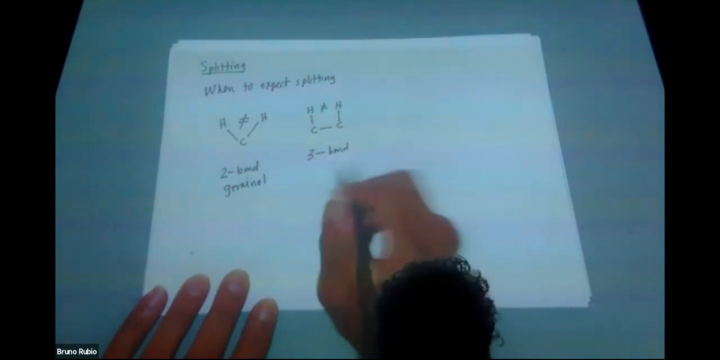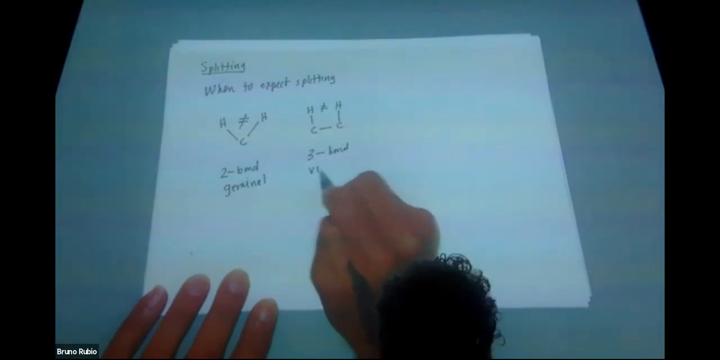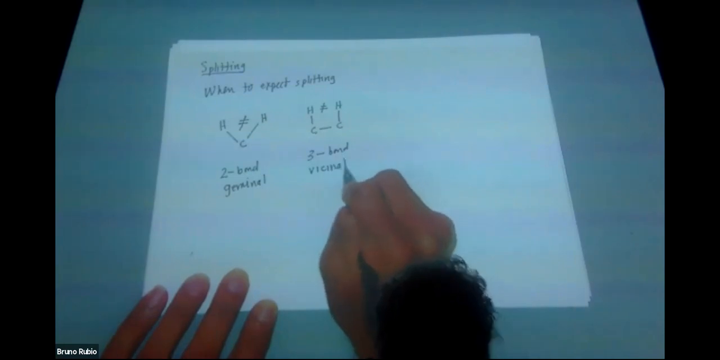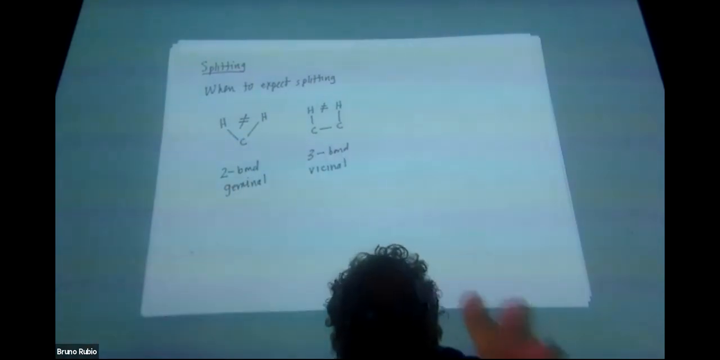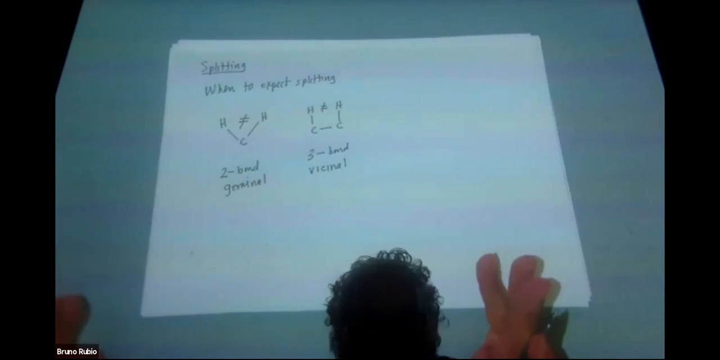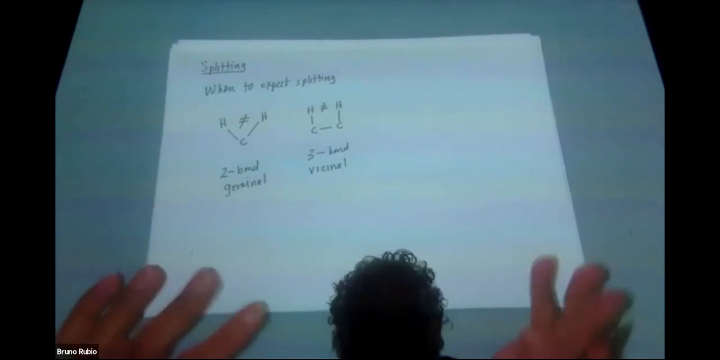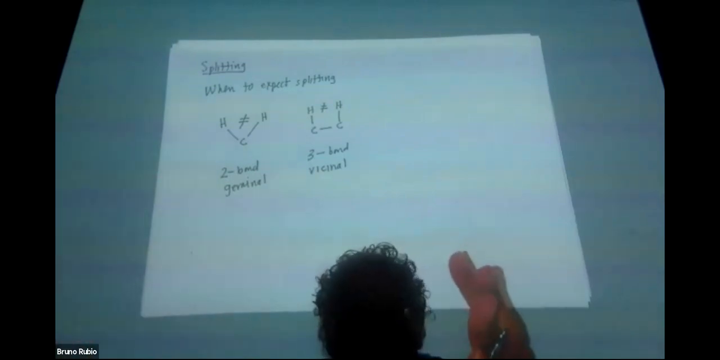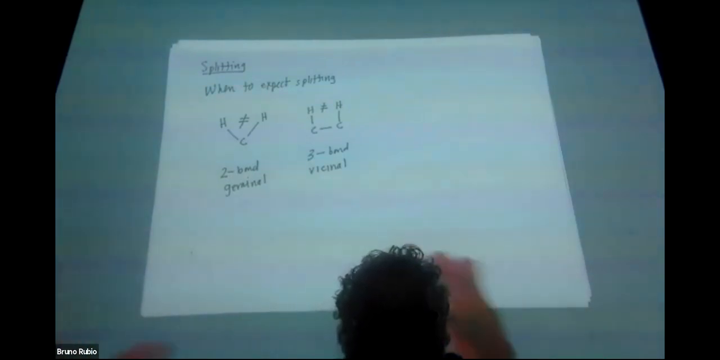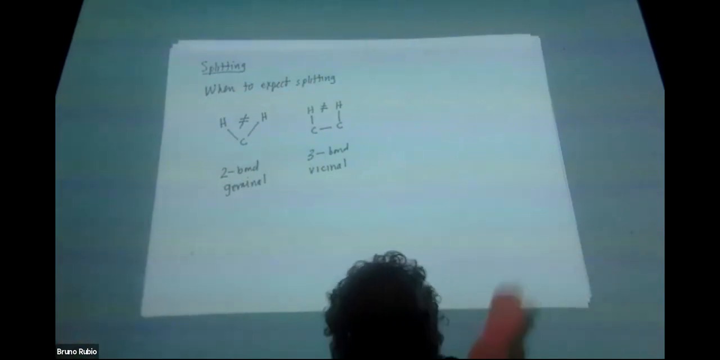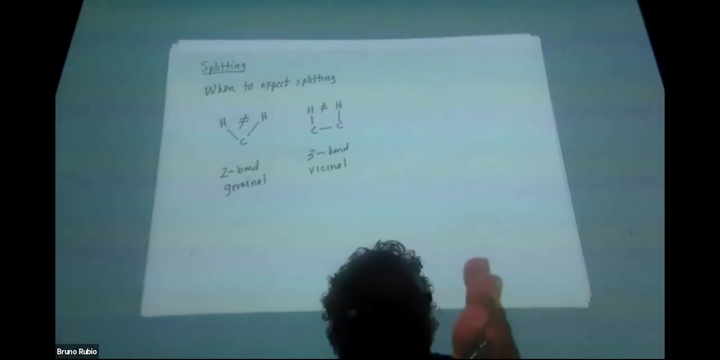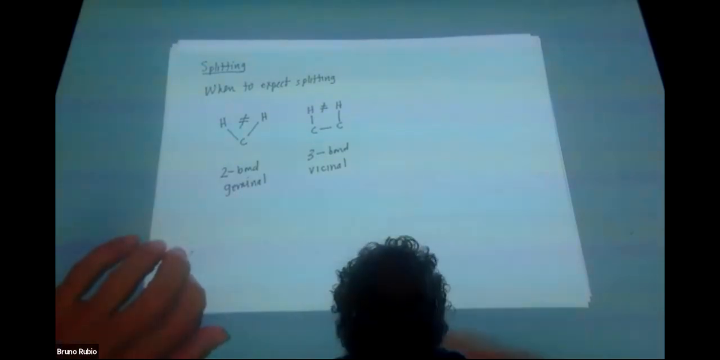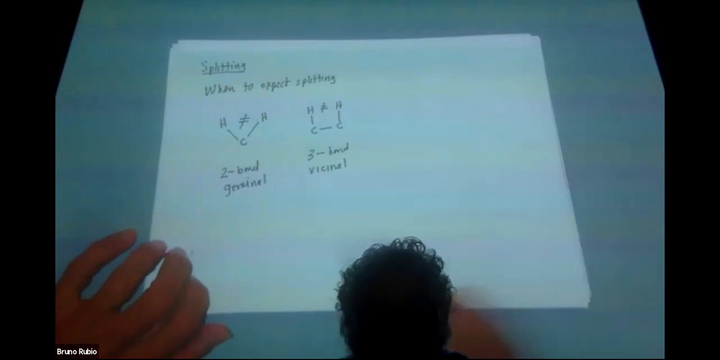So this is called 3-bond splitting, or it's also called vicinal splitting. There is longer range splitting, where you have 2 protons that aren't equivalent to each other that are farther away than 3 bonds. But in that case, either the splitting is very small or it's 0. So in general, we don't expect splitting there, but we do see it. There's also longer range splitting, but let's confine ourselves to 2-bond and 3-bond